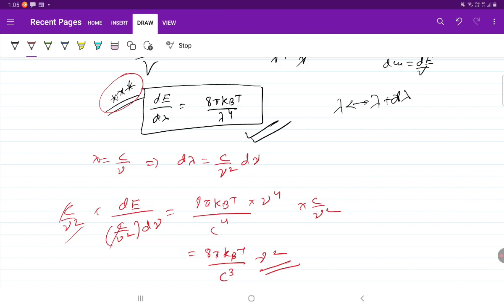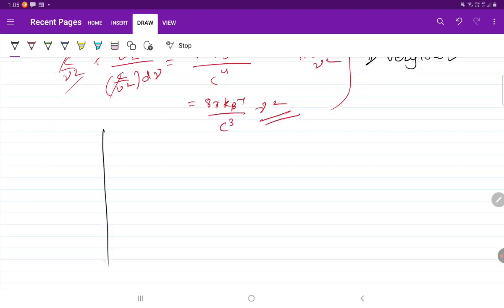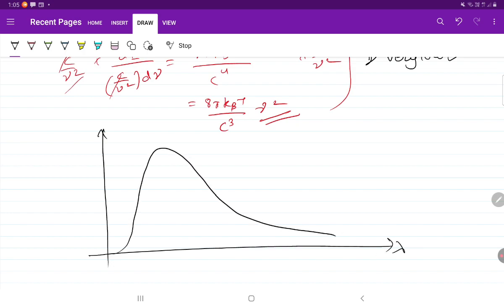Of course, as mentioned in the first video, the Rayleigh-Jeans formula was a failure. Yeah, but it worked well for those radiations whose lambda is very high, that is, the wavelength is very high, or the frequency is very low. For these two cases, this formula worked well because the observed and the calculated were something like this. The observed was this as a function of lambda, and the calculated, I am marking with red, is something like this. This is Rayleigh-Jeans,